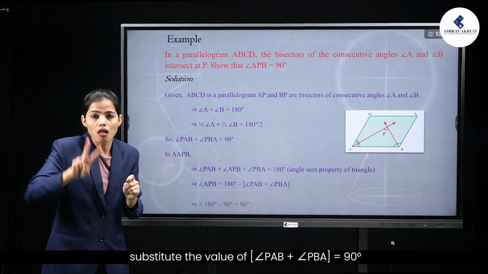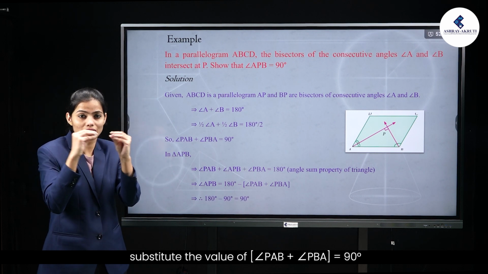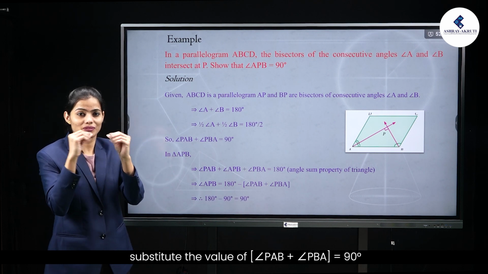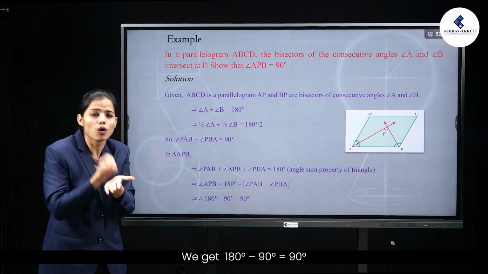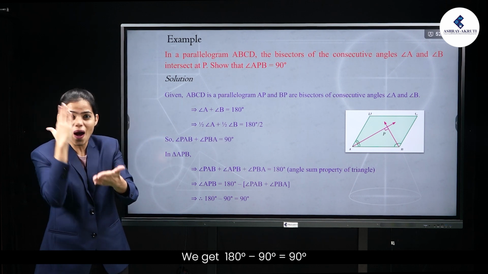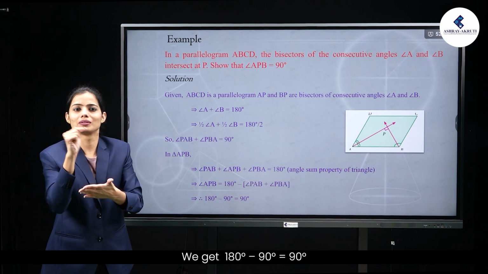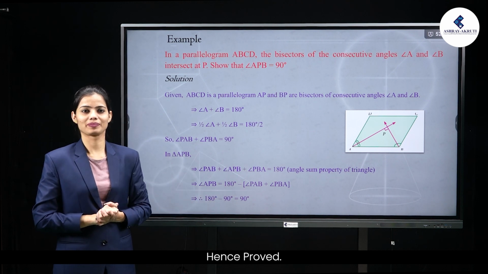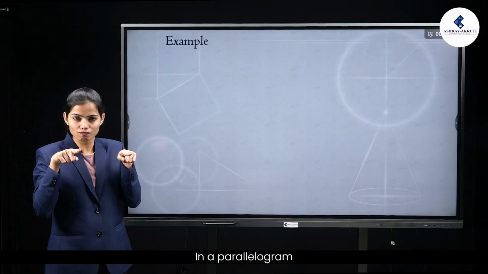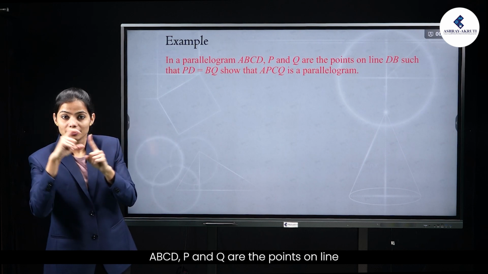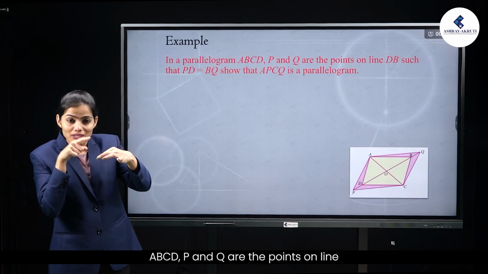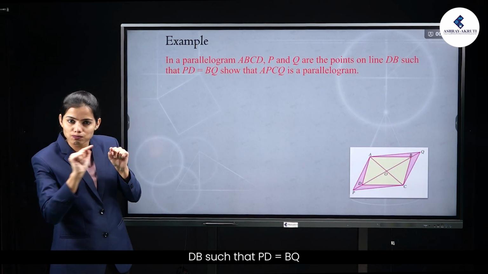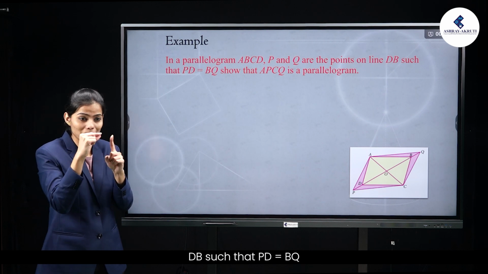Substitute the value of angle PAB plus angle PBA is equal to 90 degrees. We get 180 degrees minus 90 degrees is equal to 90 degrees. Hence proved. Example. In a parallelogram ABCD, P and Q are the points on line DB such that PD is